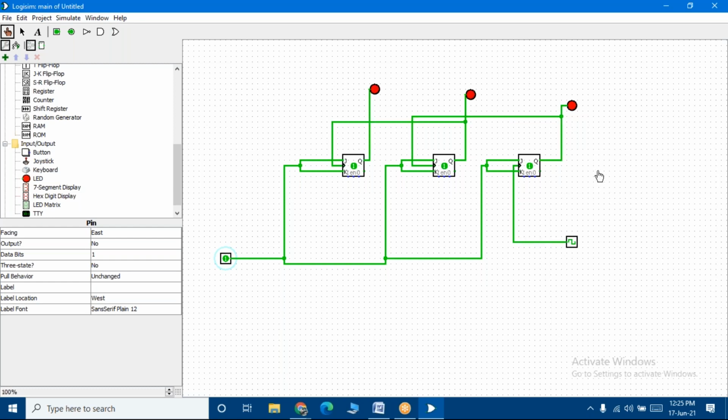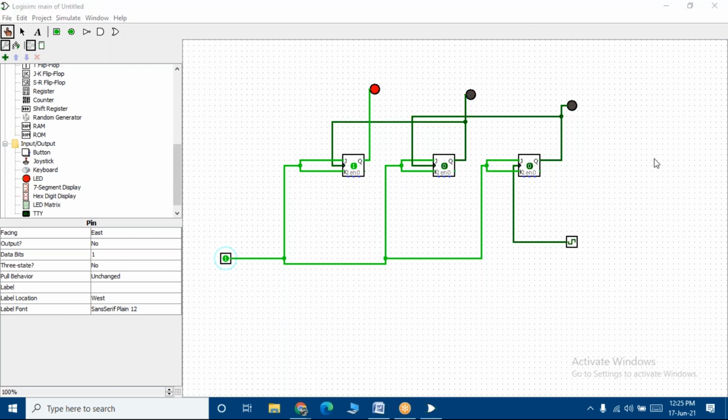So 4-bit what? I'll have to connect one extra JK flip-flop, give one LED at the top, complete the connection, simulate it. That's it. And you can see all the combinations right from 0 0 0 0 to 1 1 1 1, right? Similarly like this. So any doubts in this execution, students? So you can see that once you give 1, automatically the LED starts glowing according to the inputs. Clear? Okay, students. So this is your up down counter.